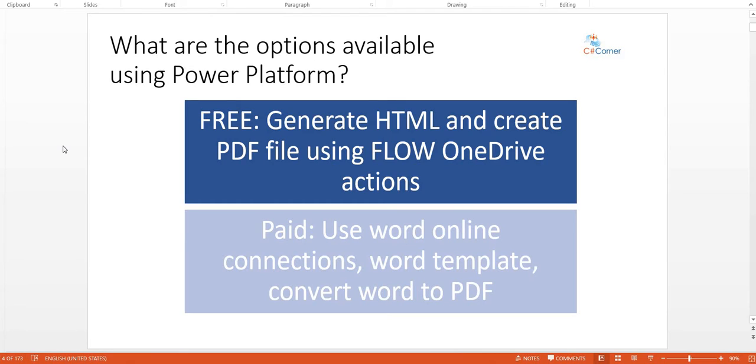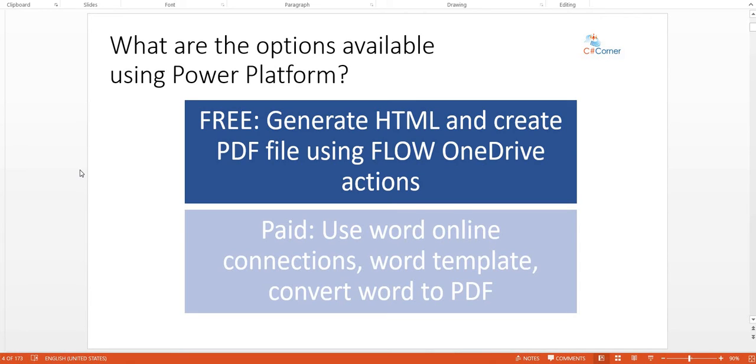The next option is a paid version. You need to purchase separate licensing for it, because we are going to use the Word Online Business connector, which is not a standard connector. It is a premium connector, so you need to purchase separate licensing for it. If you already have one, then you can go ahead with this. It's easy to use.